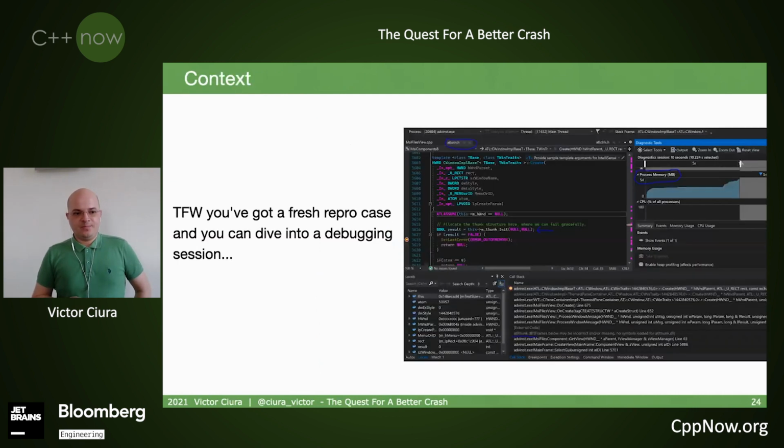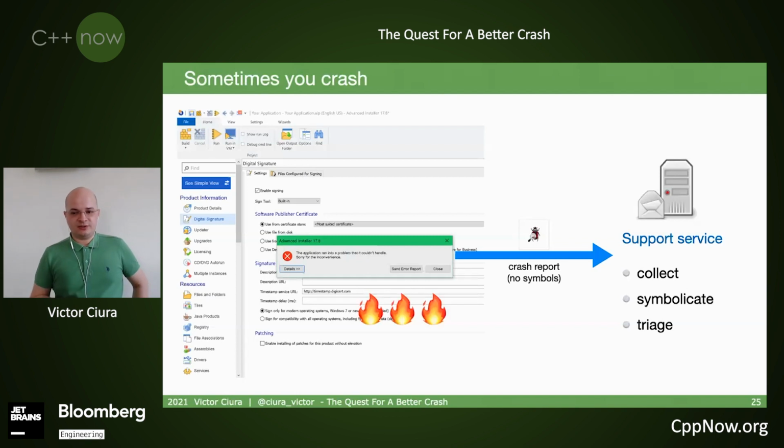You want to be dropped in exactly where the crash occurred, where the problem is, and see the full stack trace, how you got there. You want to see your environment, the memory and everything. I'm going to talk a lot about context and what useful information you can gather from each thread and its crash context.